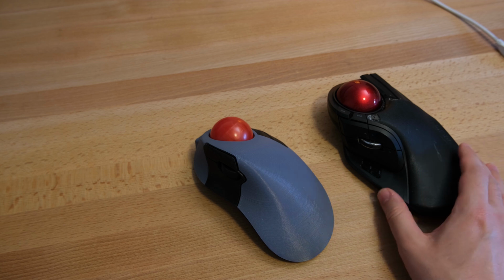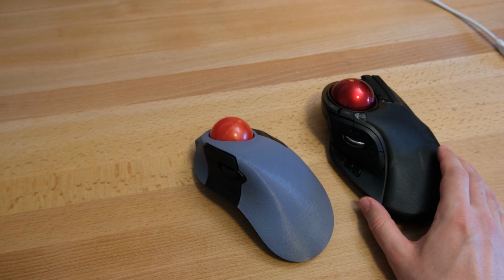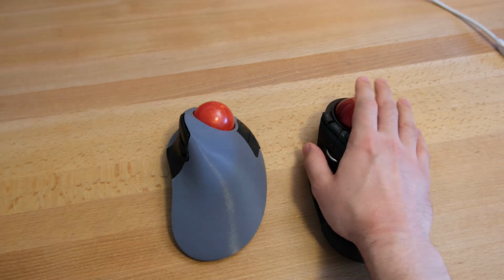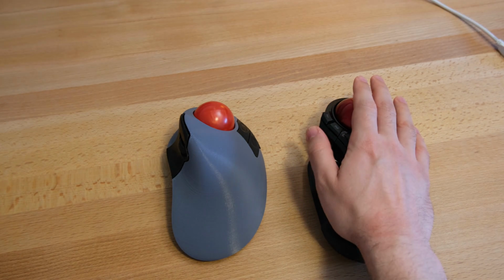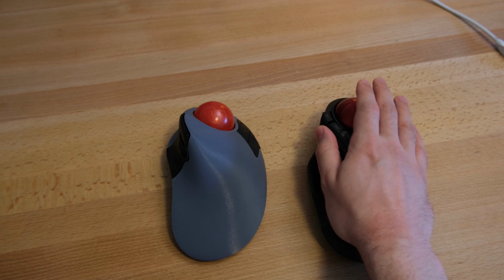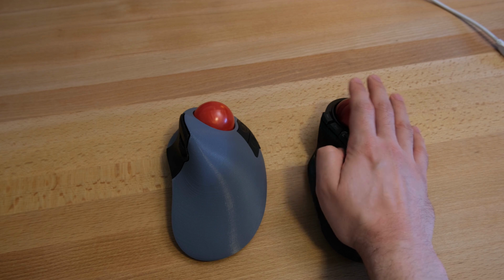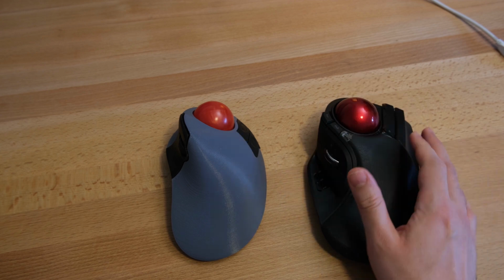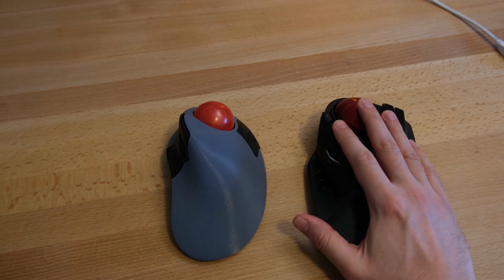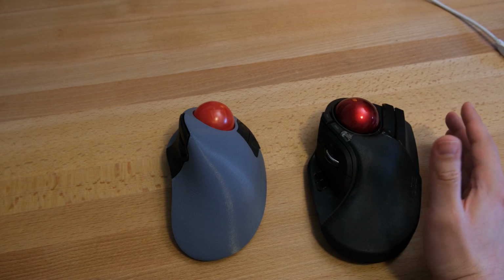And using it, to be honest, was a bit of a learning experience, and made me realize that maybe trackballs where you use the left and right click with your thumb are not the best option for me, since I click a lot. I know I'm a filthy casual who doesn't use key bindings for everything. Maybe I should optimize my workflow towards my hand leaving the keyboard less,